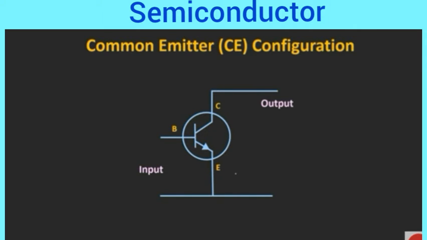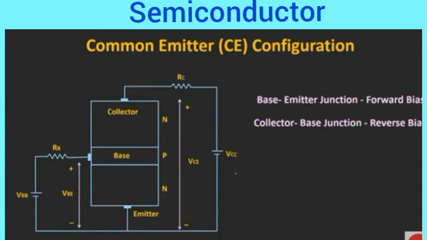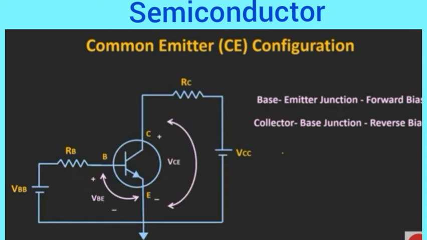Here, to use the BJT as an amplifier, the base emitter junction is forward biased while the collector base junction is reverse biased, and schematically it can be represented like this. And if we see the direction of the current, then it will look like this. The base current IB is the input current while the collector current IC is the output current. Similarly, the voltage VBE is on the input side while the voltage VCE is the voltage on the output side.